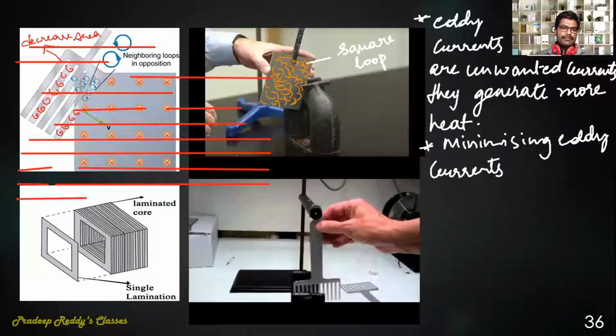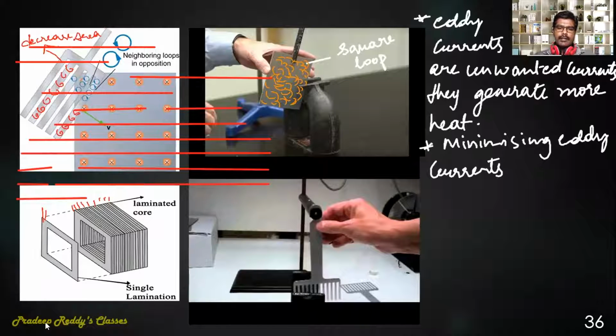Likewise, this is one laminated sheet. Instead of taking one cubical structure, we will be cutting that into as many parts as possible, and each part is being added over here. See, this is one part, another part, another part, another part. So to decrease the eddy currents magnitude, we will be taking such laminated sheets and joining them. And this is very useful in constructing a transformer, right?